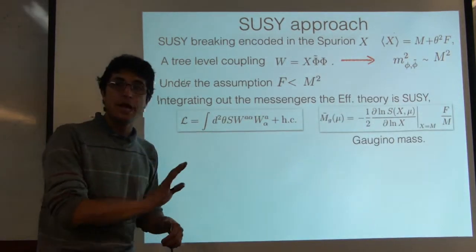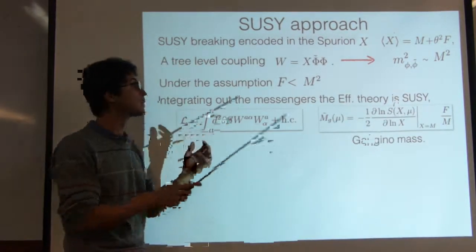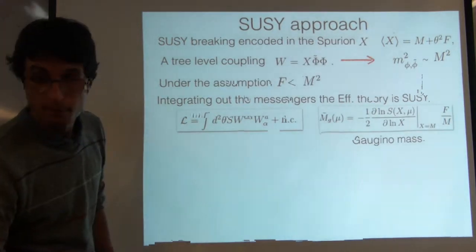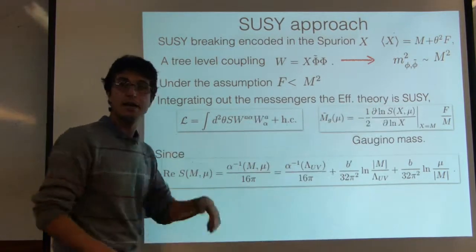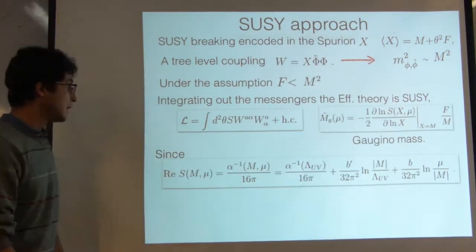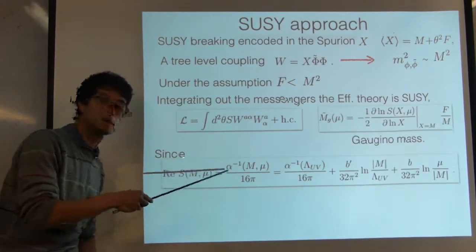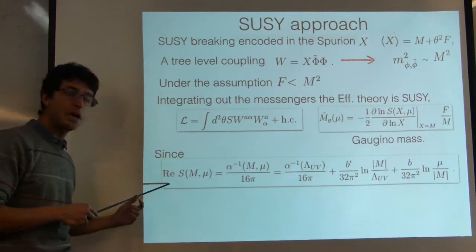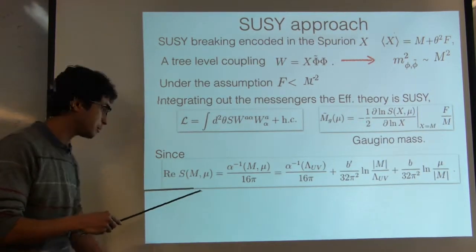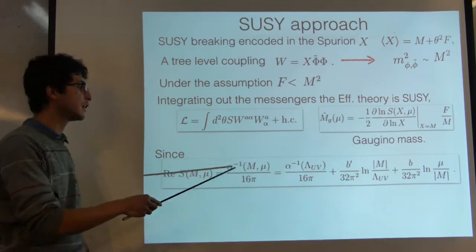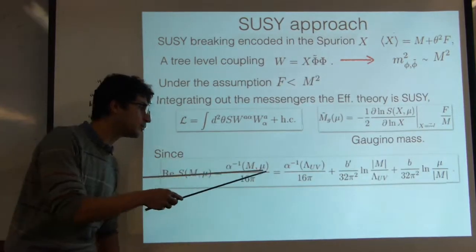Now, okay, I just use the fact that this function should be holomorphic, it can only depend on X, not on the X bar. So this is a chiral field, it can only depend on X and not on the anti-holomorphic part of this X. Now, this gauge kinetic function is representing also the gauge coupling, and in particular the real part of it, when we compute it in numbers, not in superfield space, gives the coupling of the gauge interactions, and we know how this runs.